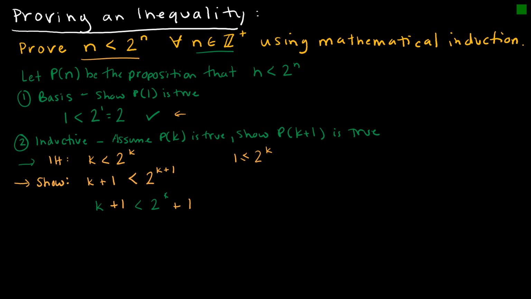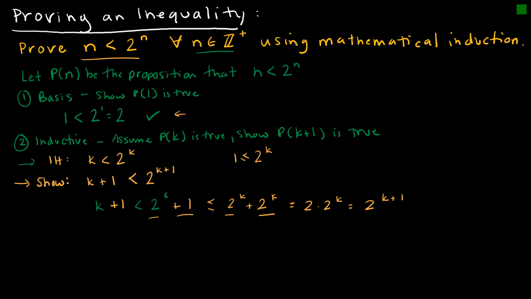So really what I'm going to do is replace 1 and say, well, this is now less than or equal to 2 to the k plus 2 to the k. So I've just replaced 1 with 2 to the k. I've rewritten this 2 to the k. And what does that mean? That means it is equal to 2 times 2 to the k, which is equal to 2 to the k plus 1,